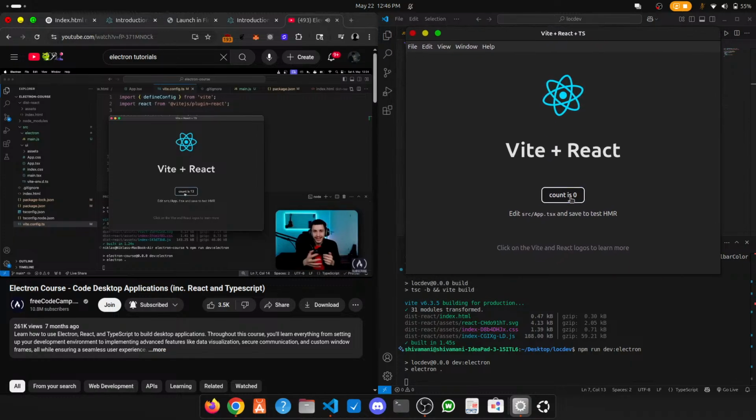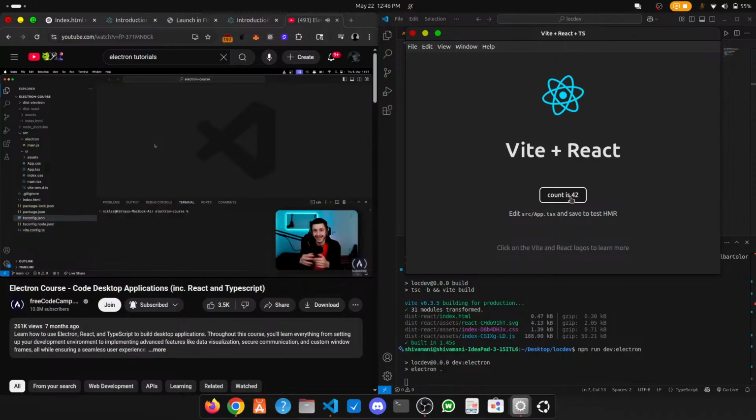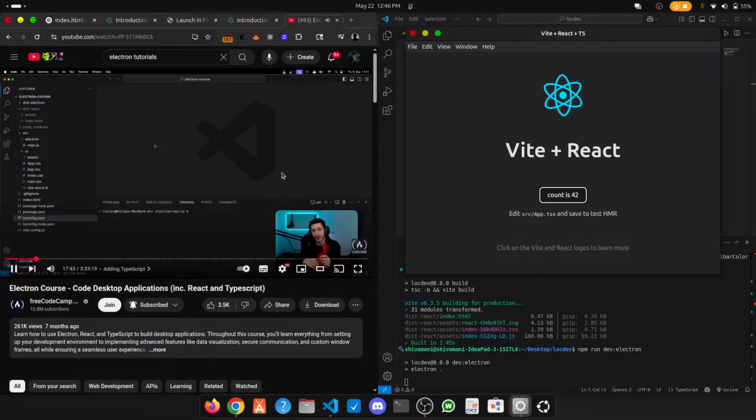And now what we've got is basically a local Electron app that can use our local UI with some local state, of course, as well, that is fully interactive using React. And yeah, it just creates this awesome little window. So next up, let's get into actually configuring this with TypeScript to prevent some errors in the future. And luckily, it's actually quite simple to convert all of this to TypeScript,